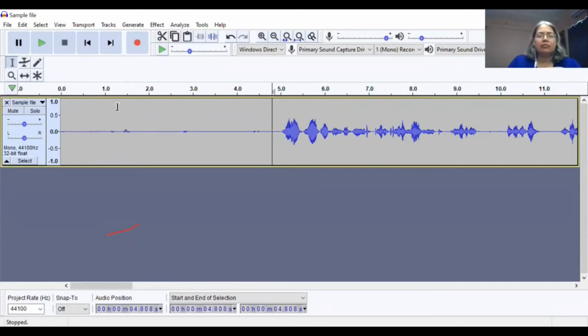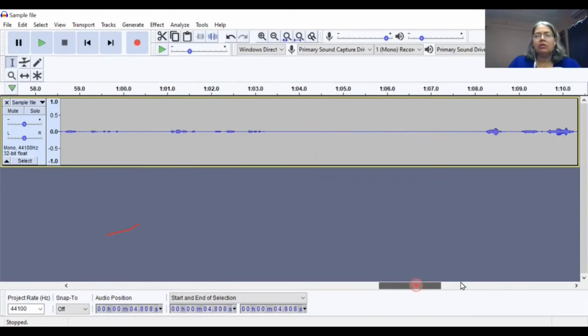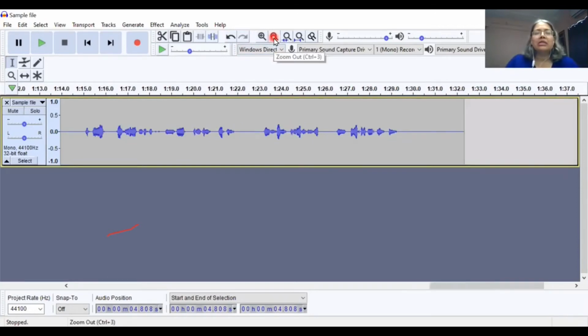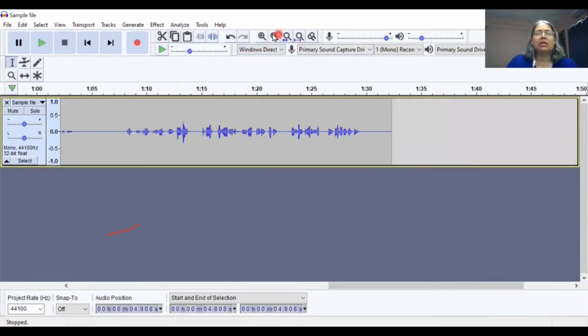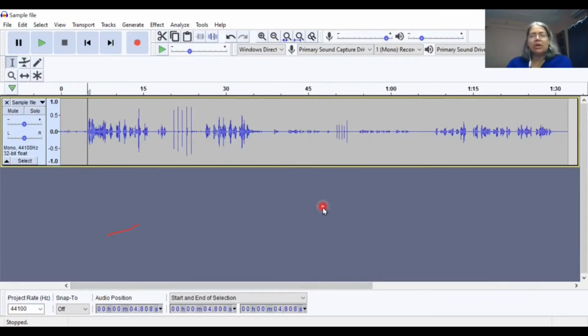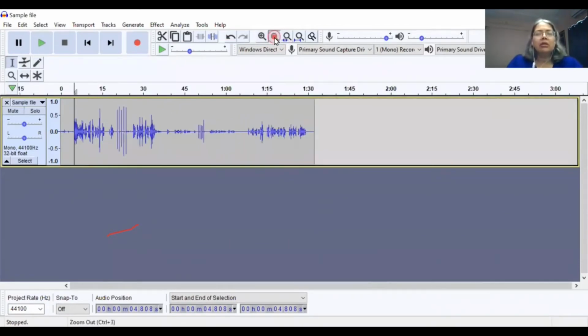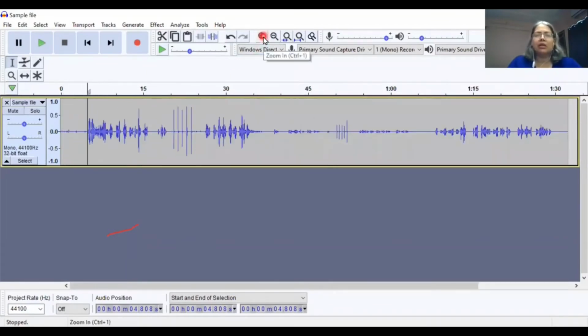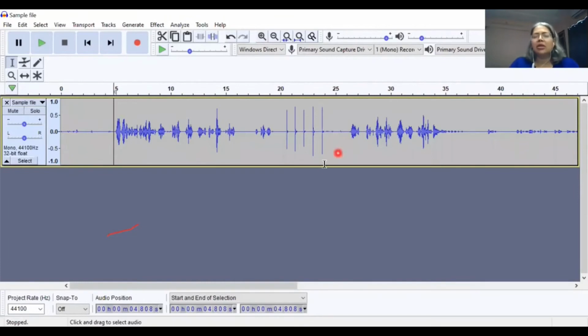So similarly, at the end of the file, let's just go to the end of the file. I am going to zoom out so that I can see the whole file by the magnifying glass with a minus sign in it. That's zoom out. So when you have a very long file, it won't fit in one screen, but you can make it fit temporarily. You can make it fit by zoom out and then increase it to your convenience by zoom in. So I'm going to go to the end of the file.